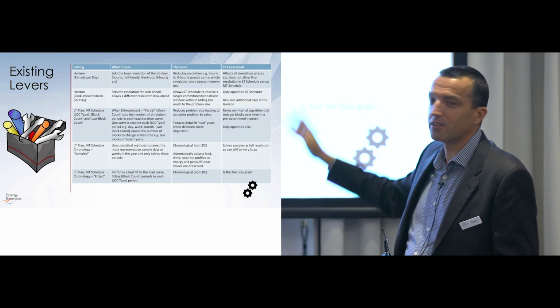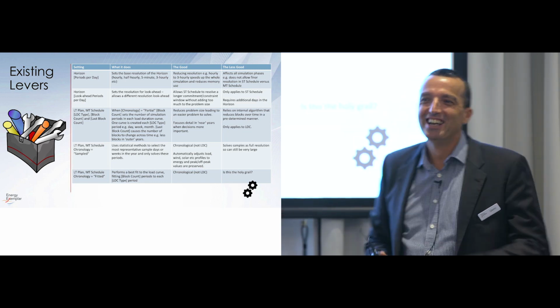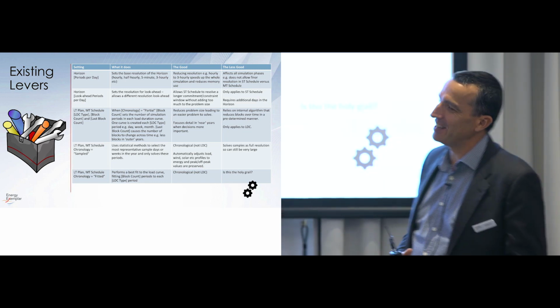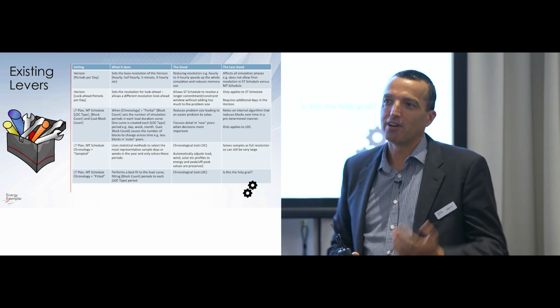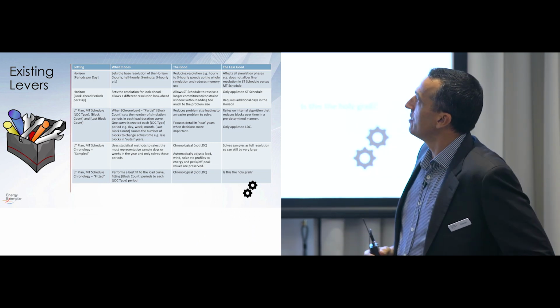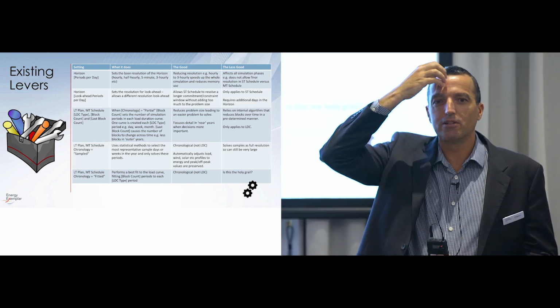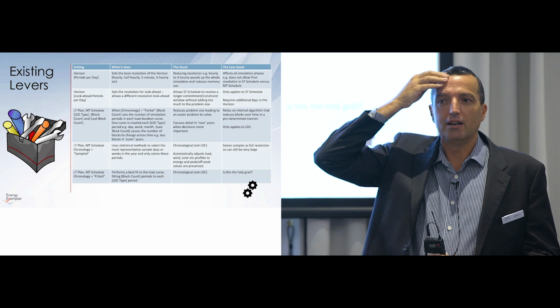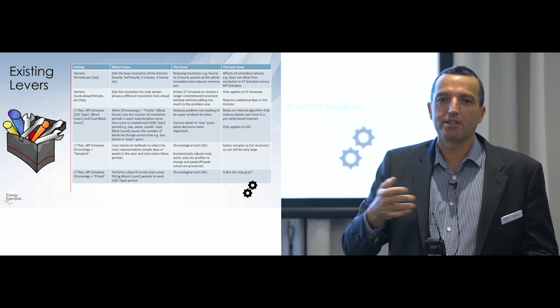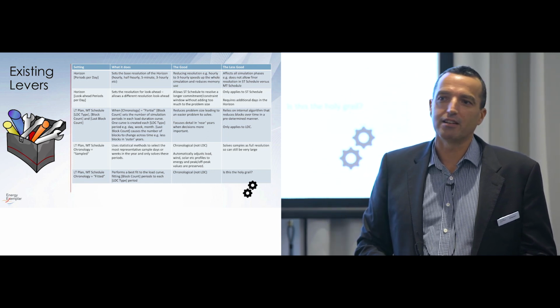Now, I'm not going to read anything from this. This is just a reference of what's there now, prior to this new feature. So you could, for example, fiddle around with the periods per day. You could say, well, rather than if I'm doing an LT plan, maybe I don't run hourly, but I run 3 hourly, or